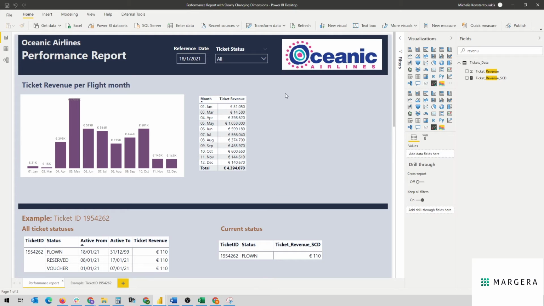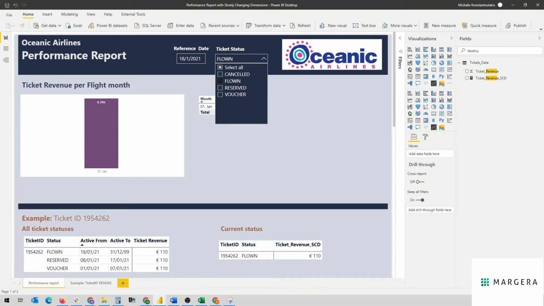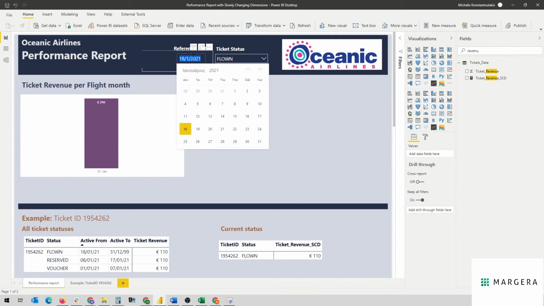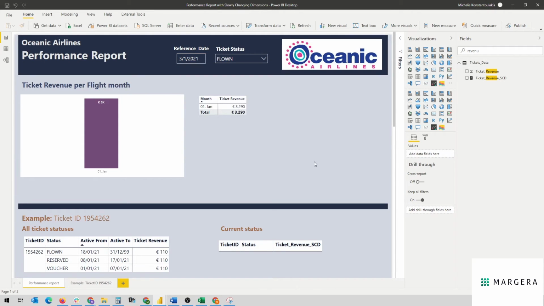So let's say that we want to examine the value of the flown tickets on the 3rd of January, we have only a ticket revenue of around 3,000. And in this revenue, our example ticket is not included. Why? Because on the 3rd of January, the status of the ticket was still voucher, so its revenue is not